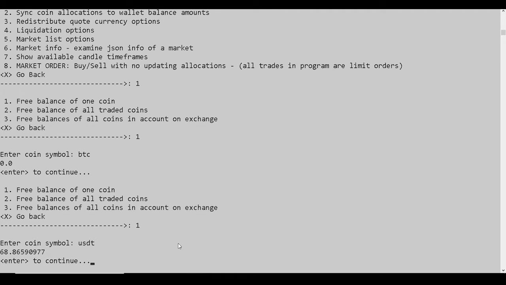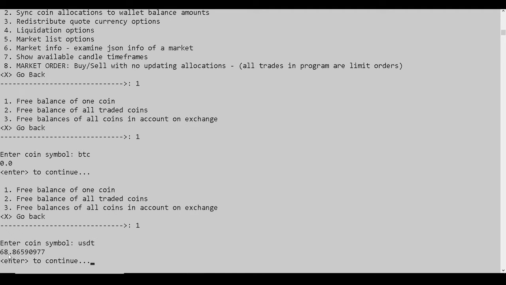Now the robot thinks I'm working with more USDT because I over allocated. I just leave a little bit of the quote currency reserve in there, and if it's getting close to zero, then I might add more. So the allocations think now I'm honest with all of the coin allocations and dishonest with the dollar allocations because I want more of my dollars working and trading at a time, and it's unlikely that this goes to zero,